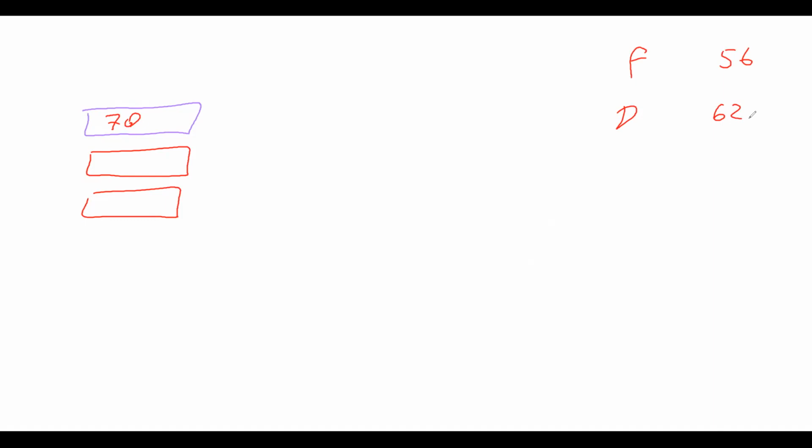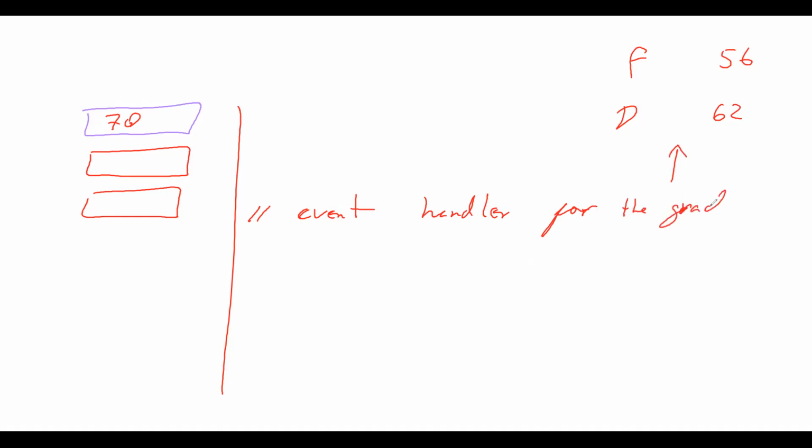So now you have to think about this part. And this part you could call something like event handlers for calculations, maybe. So you need to have an event handler for the grade calculation, which is that thing. Okay, so that's what you need to do. So now here's the question: how are you going to do this? So again, there's a lot of possibilities that you could try. One suggestion is